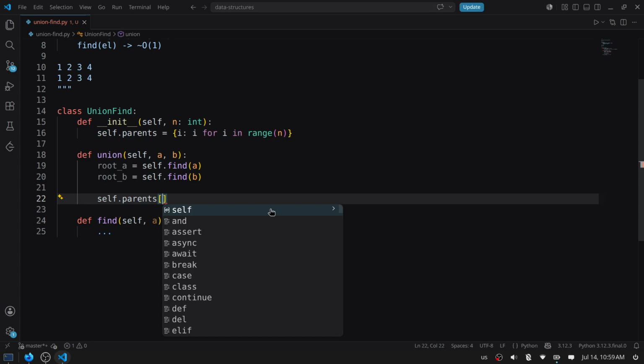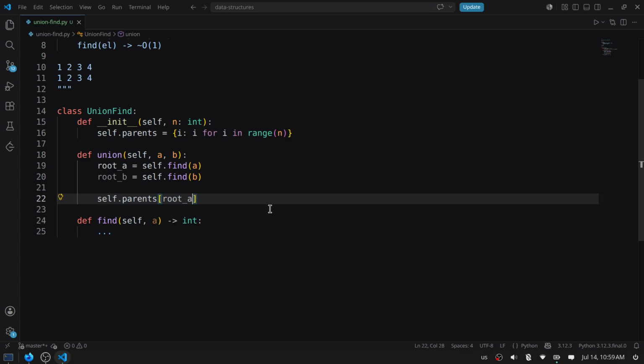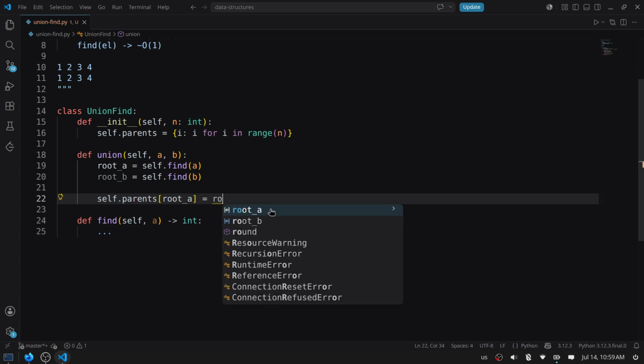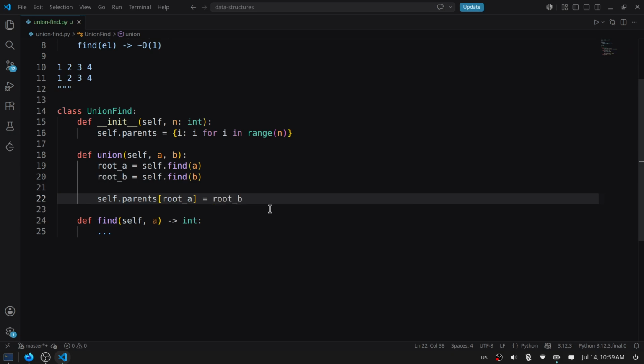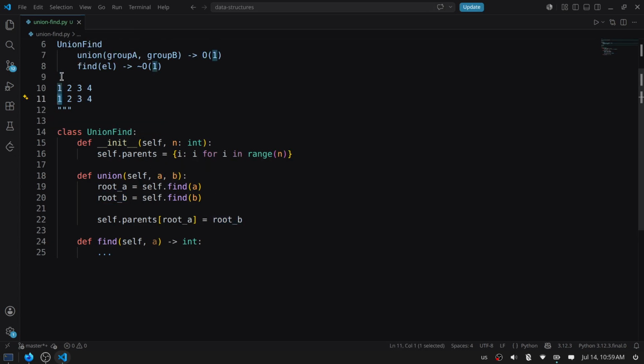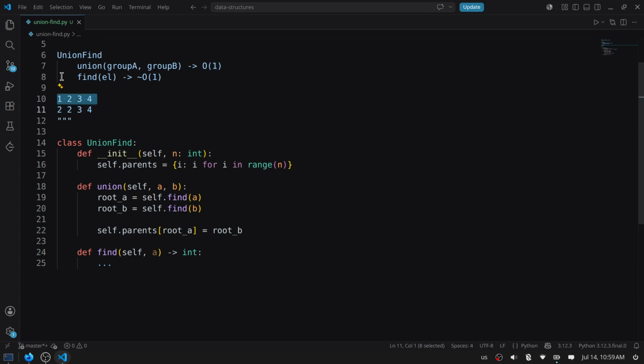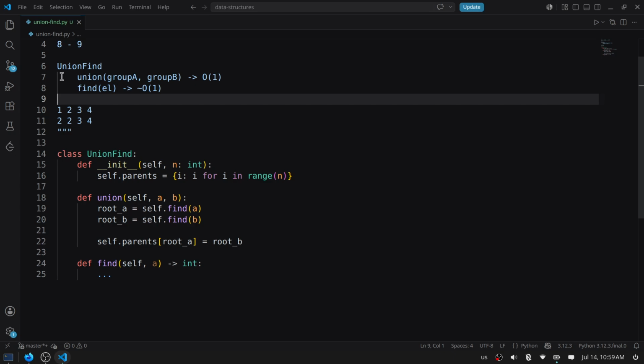self.parents root a is equal to root b. So the parent of a here is now b. Let's say if we call union function with a being 1, b being 2, so parent will be the second one. So parent of 1 is now 2. So it doesn't matter as of now. Like we can certainly optimize this function by